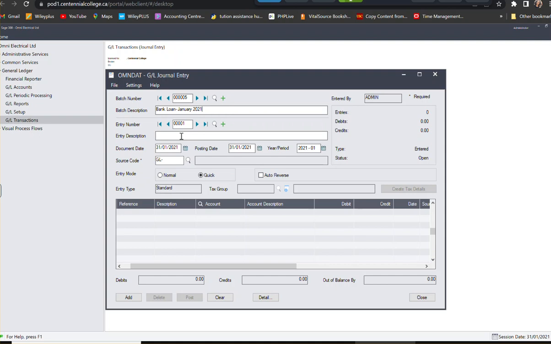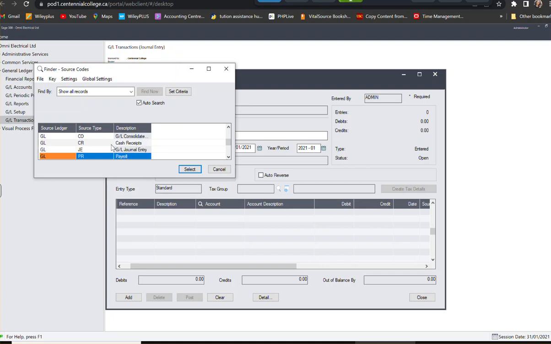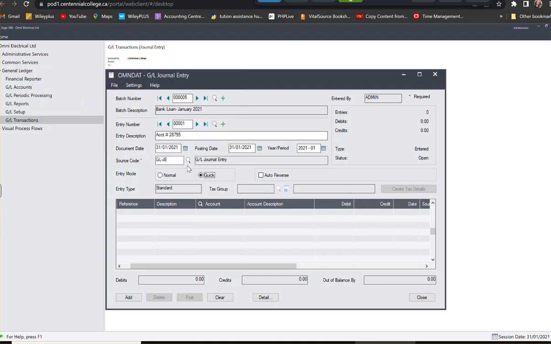2021, we're creating a batch, and it's for the description. The description is your account number. This loan is for the account number that we're paying, 28795, and what is the date? In this case it's January 31st, which is right, and it is a journal entry. If it's a journal entry, it's JE. In this case the reference will be bank loan. So let's do that. Bank loan,